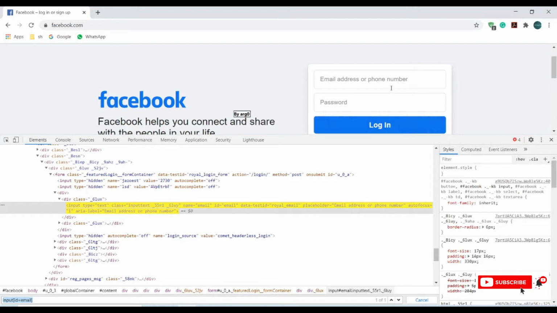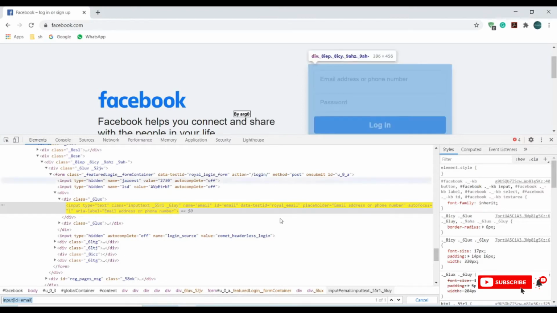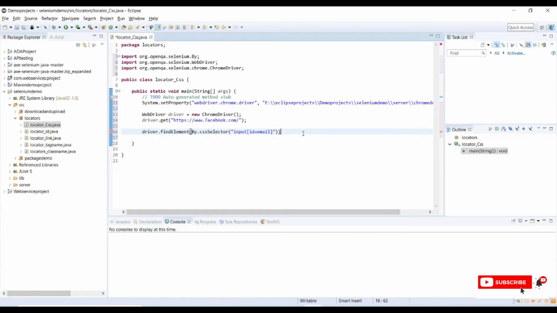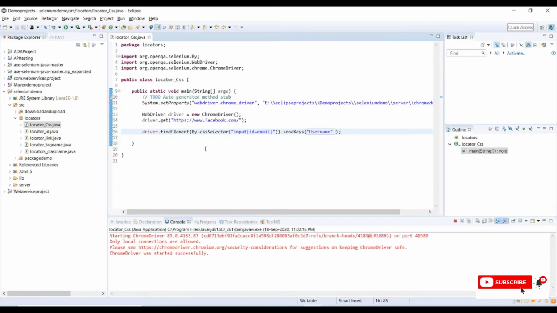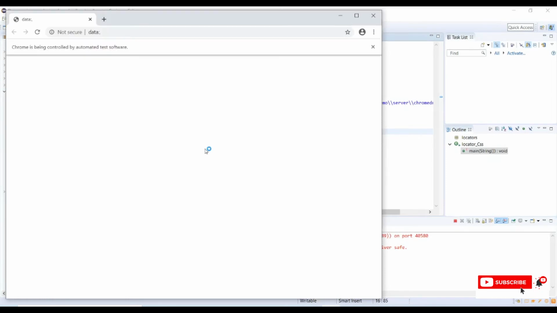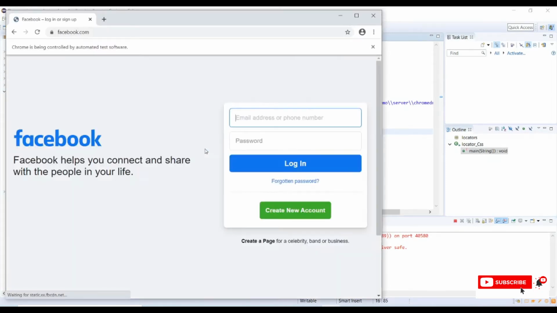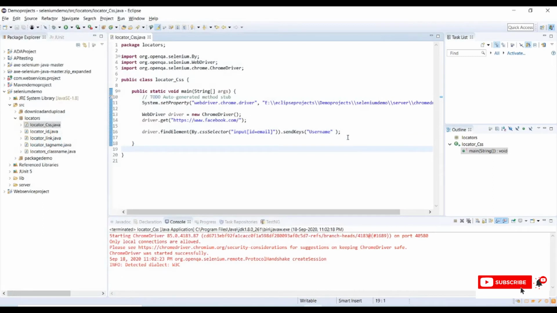Since this is a username field, we need to provide some value, so let me use sendKeys here and give a value as username. Let me save this program and run it quickly. Click on the run button and it started. Let's open the browser. It launched the Facebook site and typed the username here. So we successfully executed this ID selector for CSS.